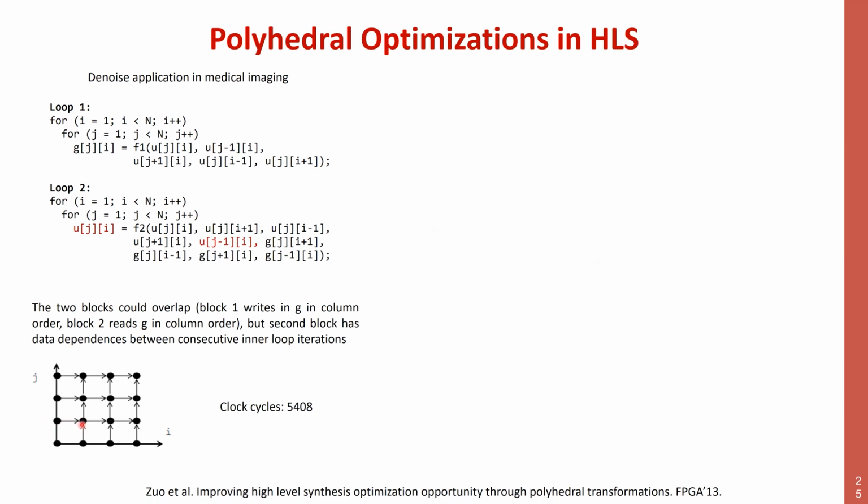So you can turn trivially all the iterators around, but you still have a dependency between neighboring iterations. And since this dependency is between neighboring iterations, this is going to limit your initiation interval. You cannot initiate quick enough a new iteration because you need to be finished with the previous one